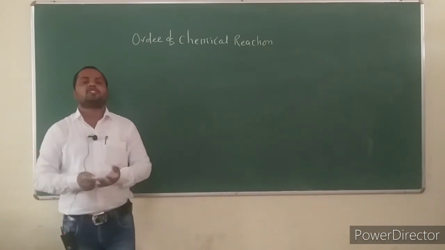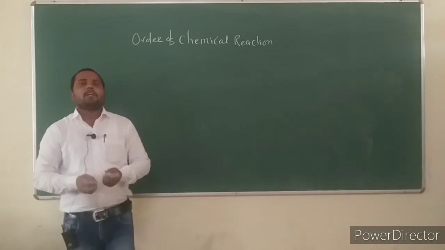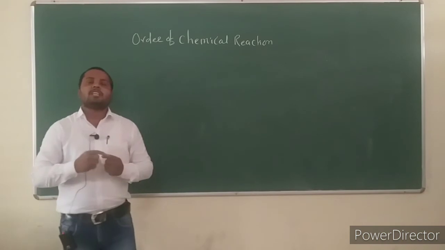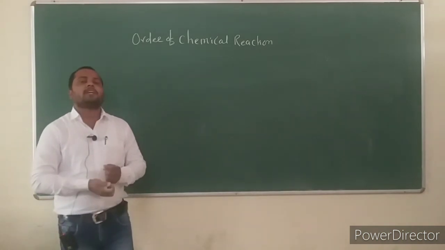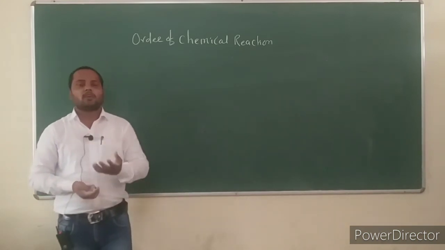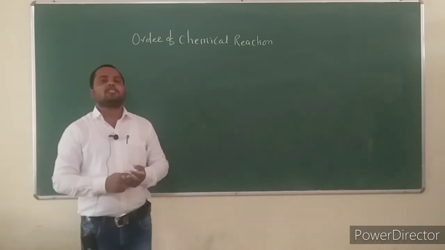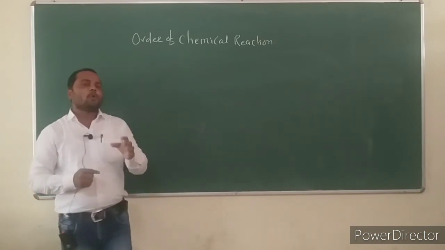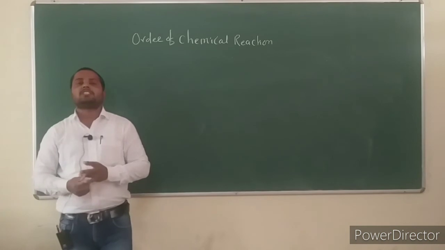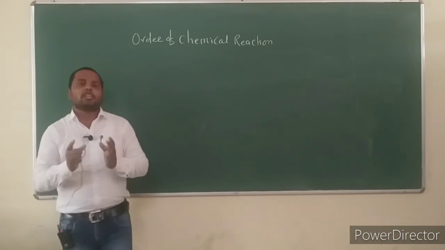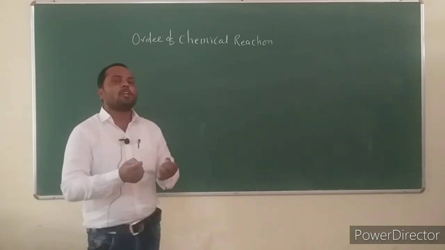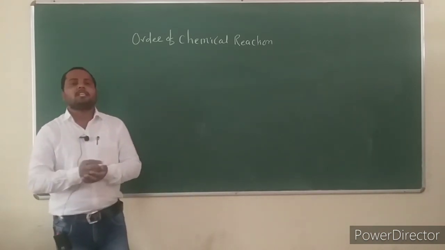We can easily measure the change in concentration, but in some chemical reactions one of the reactants is involved in large concentration, while the other reactant has low concentration. If one of the reactants is in large concentration, then its change in concentration does not involve the rate equation, because its change in concentration is very small. It is immeasurable. You cannot easily measure it.